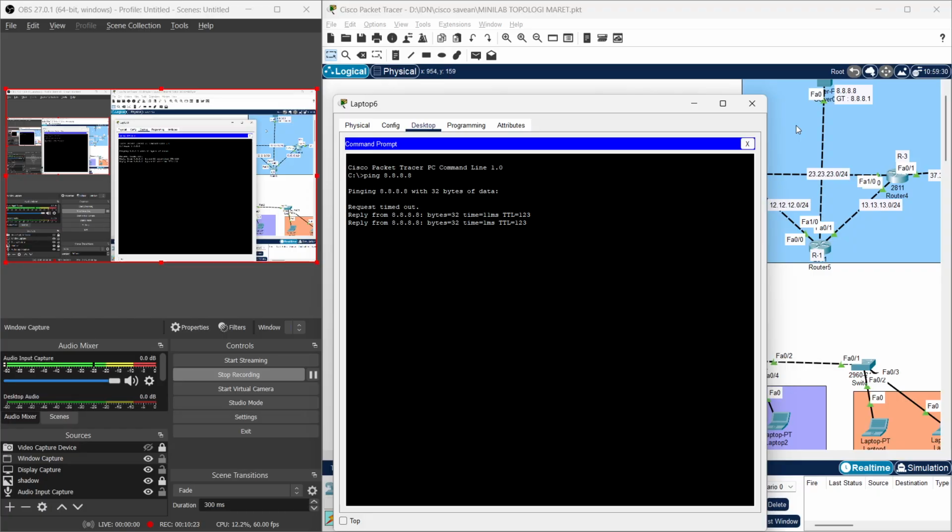Request timeout. Oh no, it does not time out. It is working with a TTL of 103.